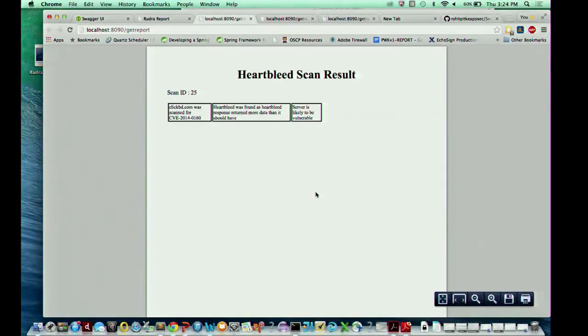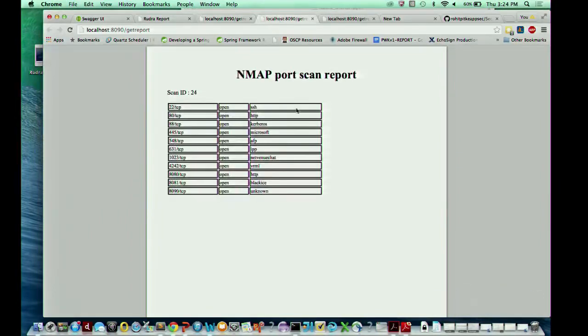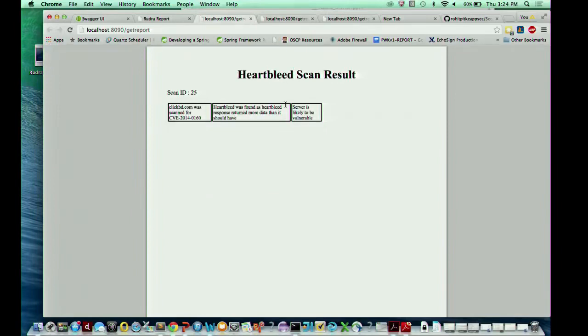Great. Now see, the format of the report is again consistent. You have seen the Nmap report here. You have seen the Heartbleed report. They are two completely different tools, and they generate different kinds of output. But with the power of the framework, we were able to make the reporting uniform. This is particularly helpful to scale your security organization or your CI/CD pipeline, because if in your continuous integration and continuous deployment you always get the results in a consistent format, then it becomes repeatable as well as reliable. So if you see, the Heartbleed scan was run on